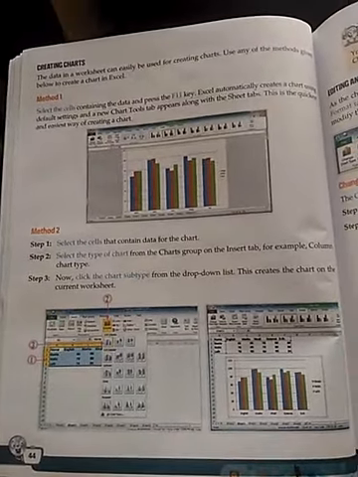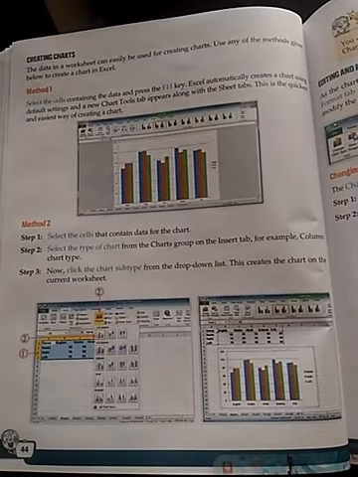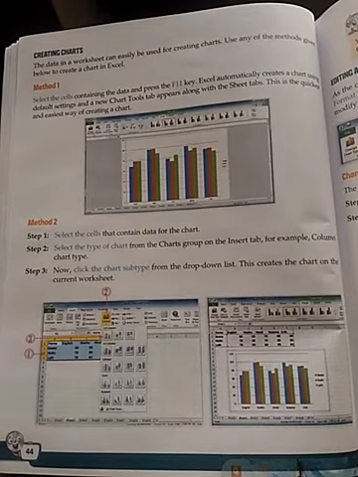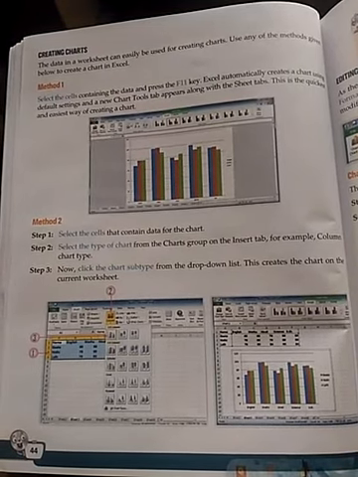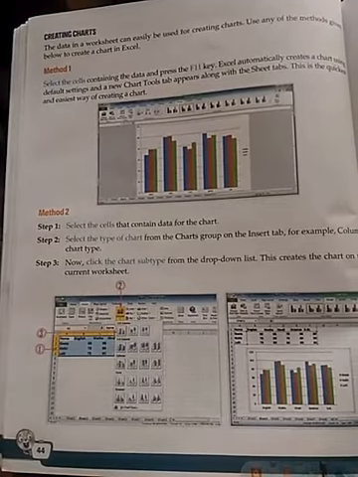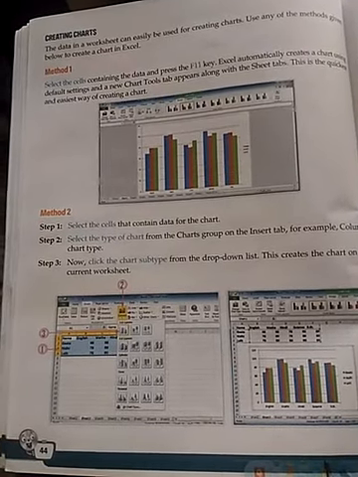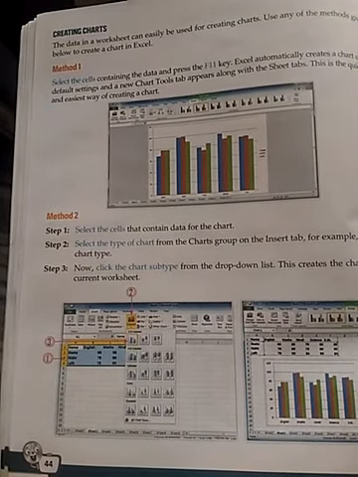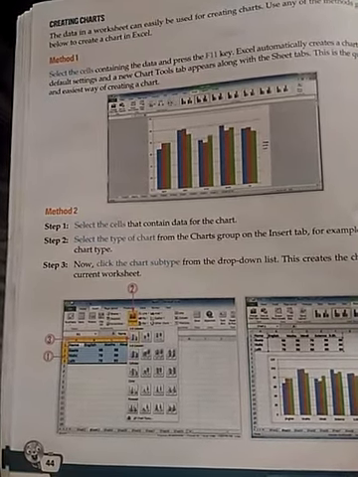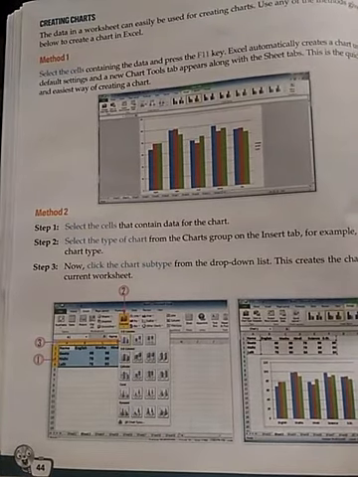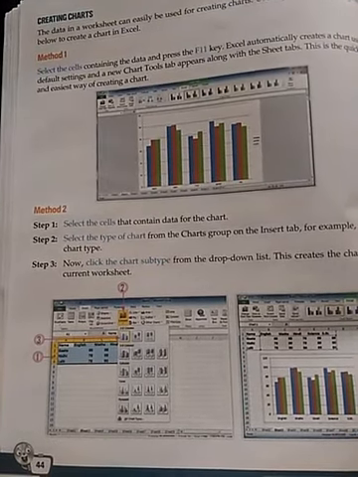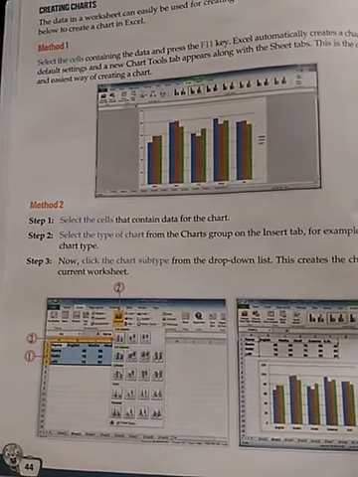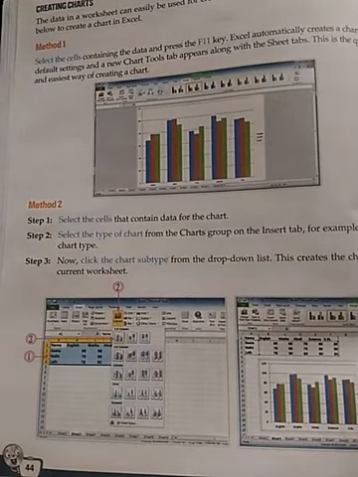Hello students, in the continuation of the topic charts in MS Excel, we will discuss how to format the chart areas. Before going into the details of that, let's first review the methods in which we can create a chart. The first method is by simply selecting the cells, that is the data range, and pressing the F11 key, and the chart will automatically appear in the spreadsheet